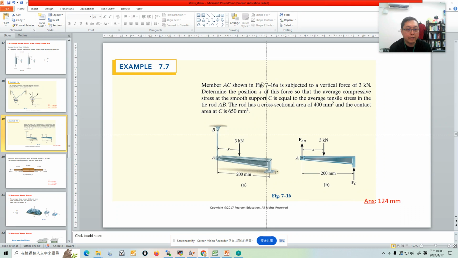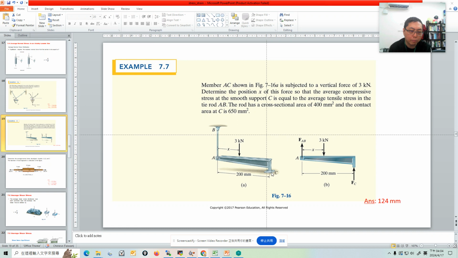Say there's a member AC. Member means some mechanical part, called a member. Member AC shown in this figure is subject to a vertical force of 3 kilonewtons pointing down here. Determine the position x of this force so that the average compressive stress at the smooth support C